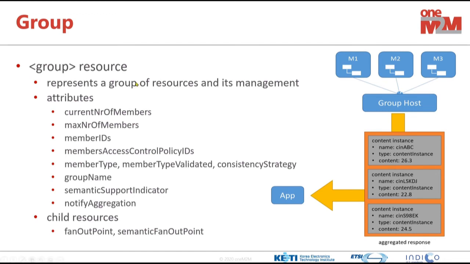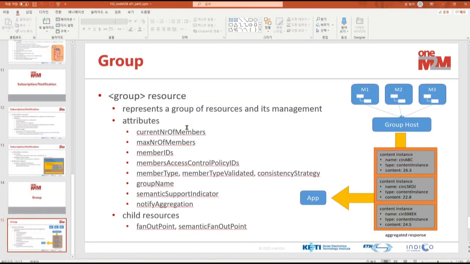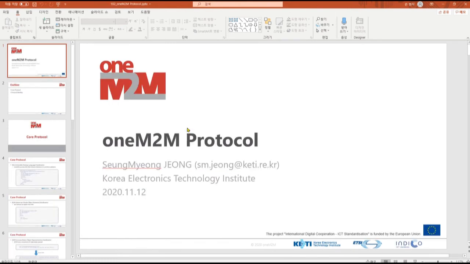There are many attributes, and most importantly, whenever you create a group, you shall provide the member IDs, which is the identifiers of the group member resources. So that is member IDs. Yeah, that's it. Then let's jump to the protocol, because we will be using protocol like the HTTP binding